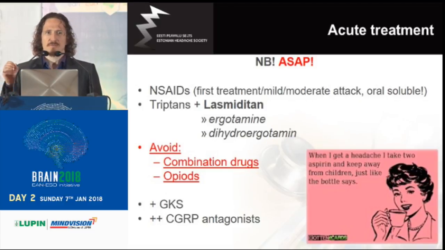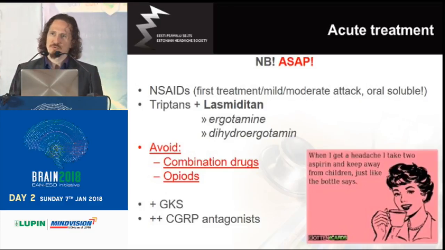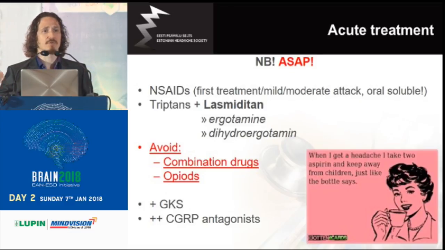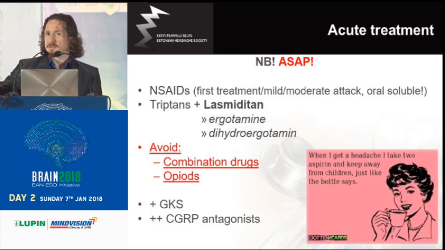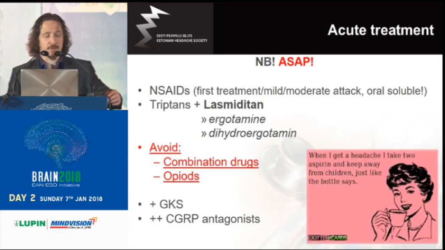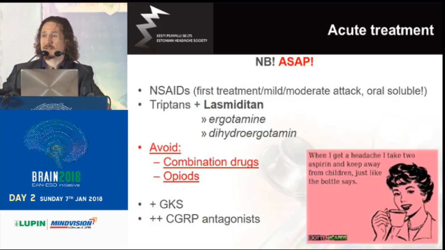What we should always tell our patients is what to avoid, what not to do when treating headache, migraine attacks. First of all, avoid combination therapies. Especially it is important to tell patients with high frequency episodic migraine, because combination medications carry a considerably higher risk of developing medication overuse headache. Although I know that in some countries, for instance in North America, there are some combination preparations like sumatriptan with naproxen, and there are studies for some other triptan plus NSAID combinations, but these are all for rare use, not for frequent use. And of course, there is no place for opioids in